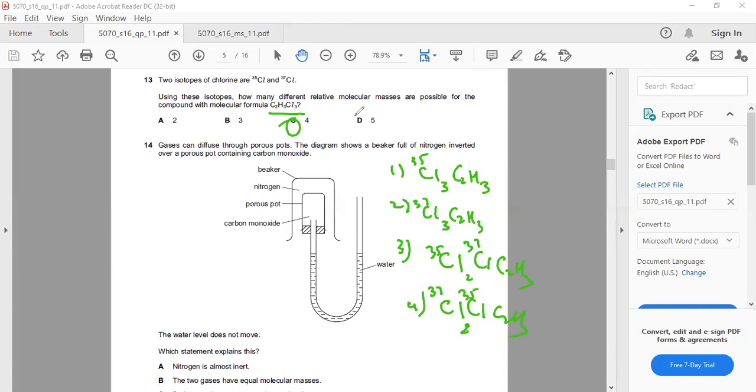Once again, look. This compound, there are 2 isotopes of chlorine. How many different types of compound with this same formula is possible? One is this compound, all 3 chlorine, chlorine 35 isotopes. Second possibility, all 3 chlorine is chlorine 37 isotopes. Third possibility is 2 atoms of chlorine 35, 1 atom of chlorine 37, and vice versa of third.